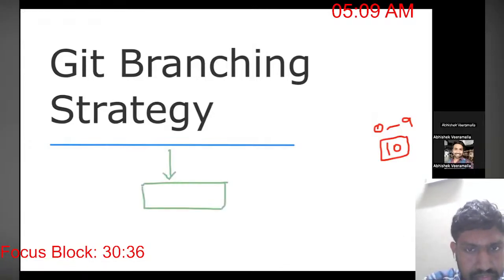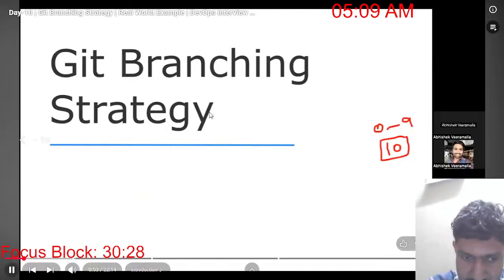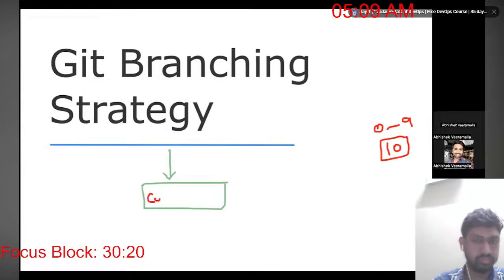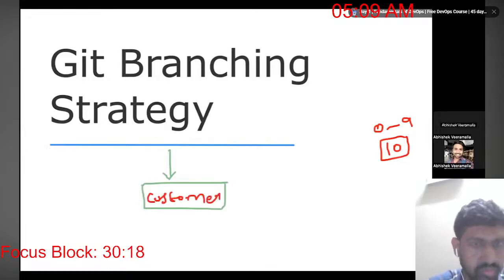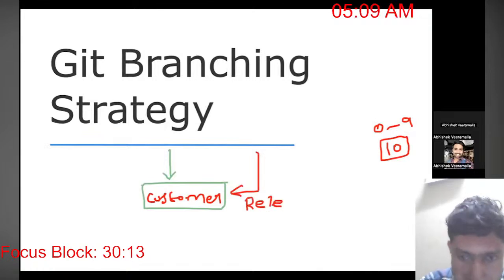The primary goal is to ensure that the customer gets releases on time. That is, the customer gets new features on time.